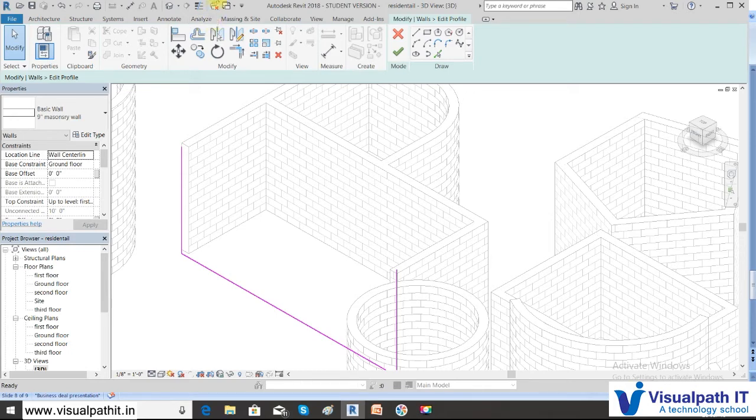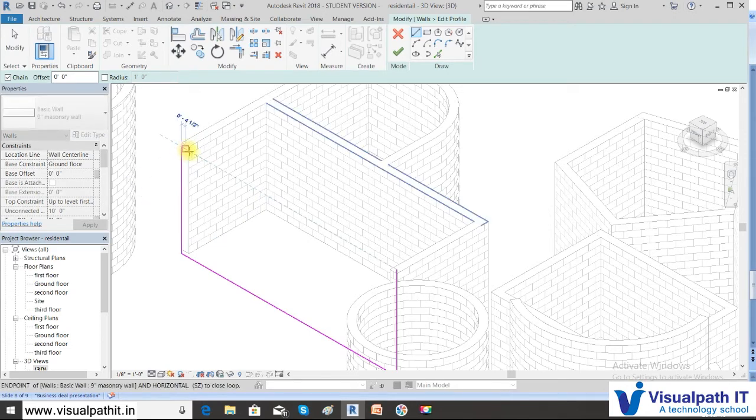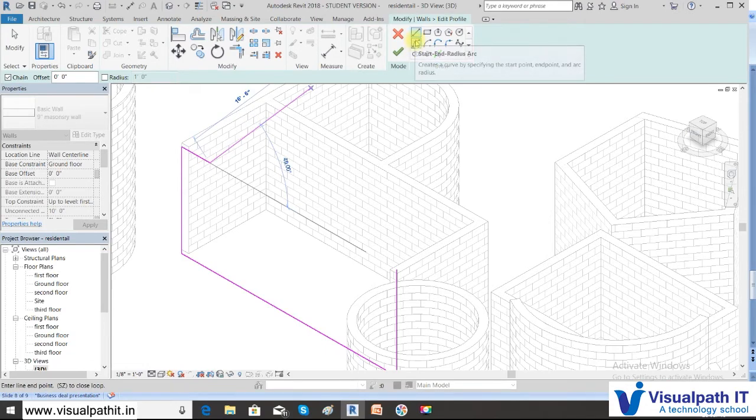Okay, so how to do that? This is the editing mode which will frequently occur in Revit. Now I want to draw a line first, so click on the endpoint. Make sure you are following the reference line, otherwise it will show errors. So first a line of 3 foot I have drawn, then I go to this arc, click the length of the arc and give the radius.